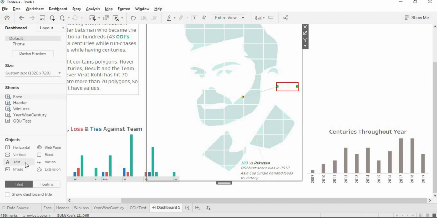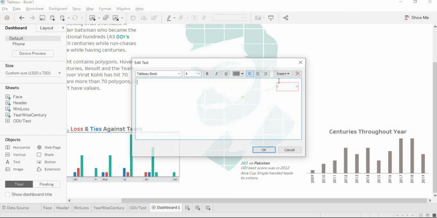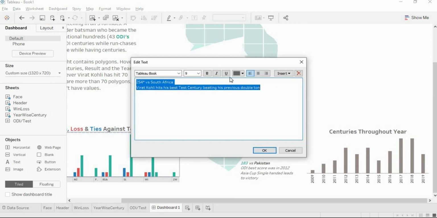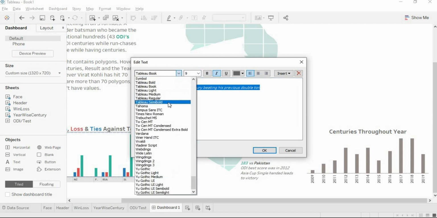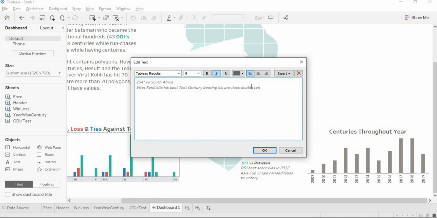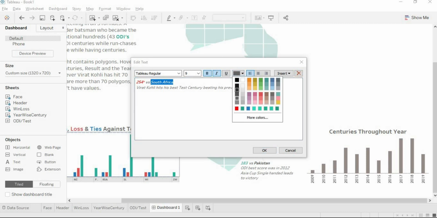Now drag a text, drop it over here, paste the content, and I will apply the same thing that I have applied in the previous one. Okay, change everything to Tableau regular. Now make this content bold. As I have said that I will be representing the Test score as red, so I am representing it as red, and for team name I will be giving a darker shade.